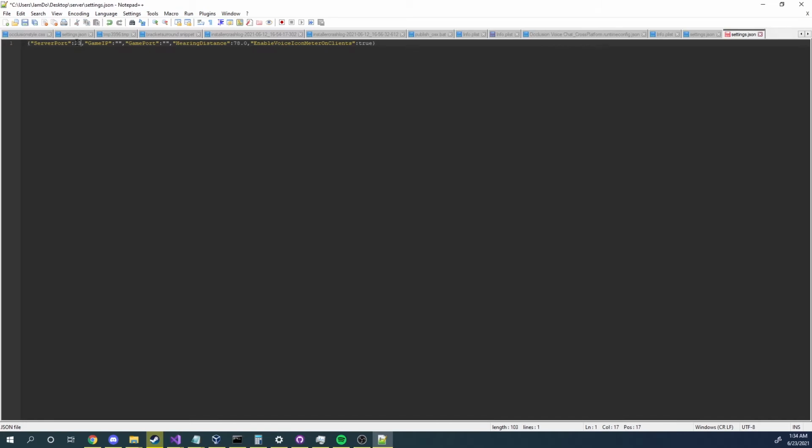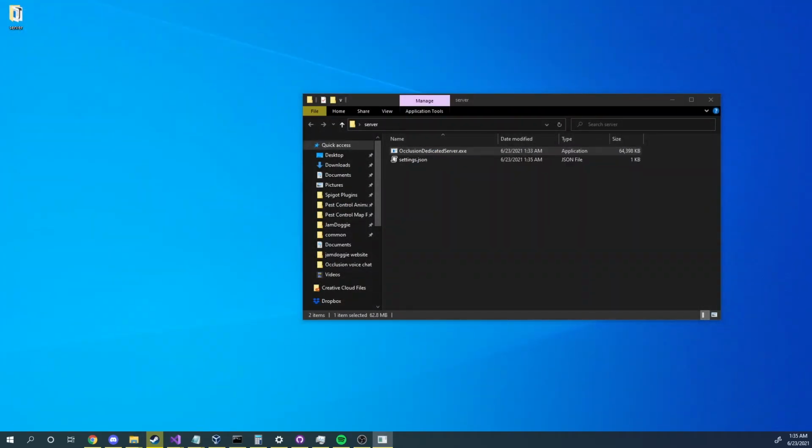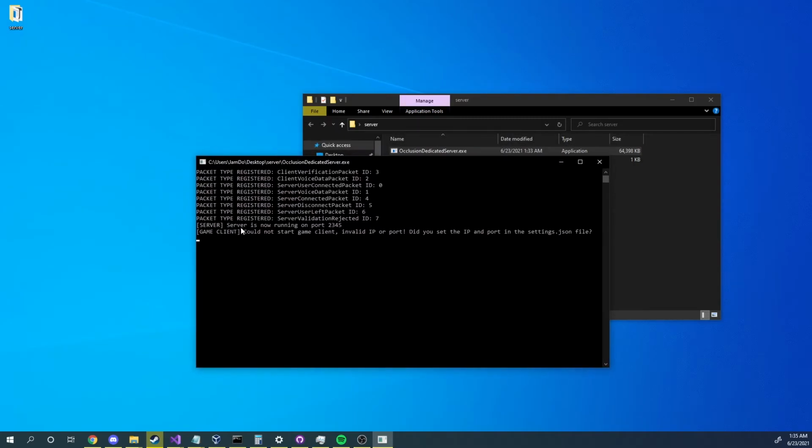So say 2345. And now if we launch the server, assuming that port isn't invalid or being used by anything, yep, as you can see, it now says server is now running on port 2345. I'm not going to tell you how to port forward once again, but you can, again, look it up for